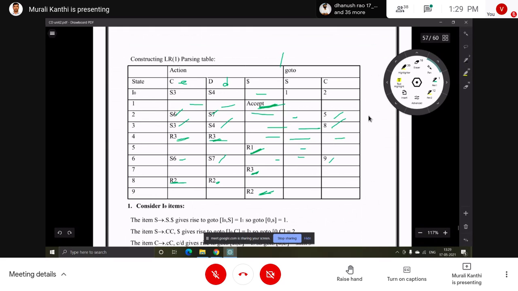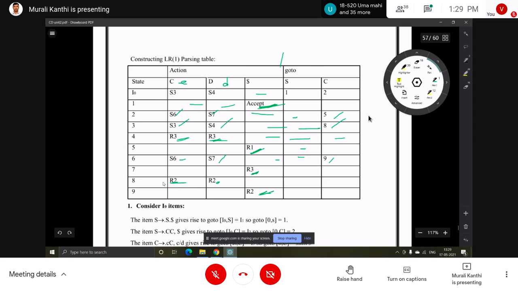Here, for this, a total of 10 states are generated. If we find the SLR parser for this, we will get only a few states, not this many 10; say 5, 6 or 7 states will be generated for SLR, but in CLR there are more.